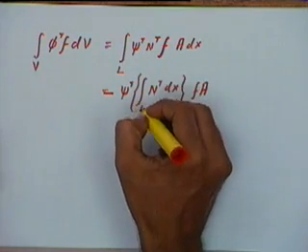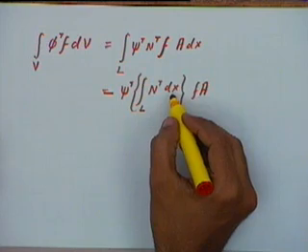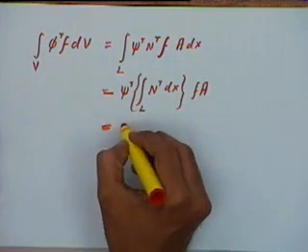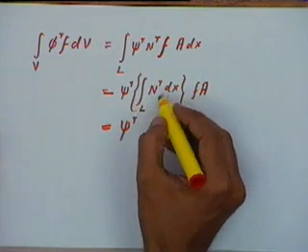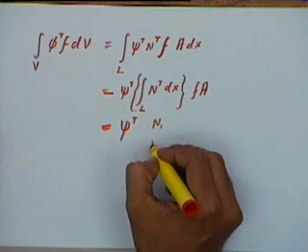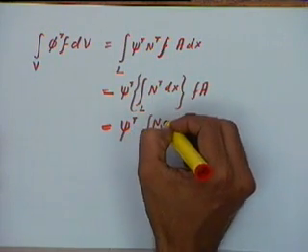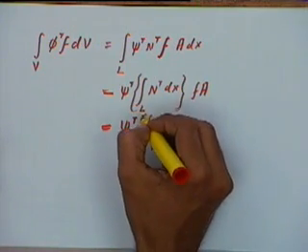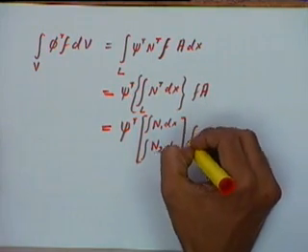This integral is over the length, and the integral of n transpose dx, we have derived earlier. I will quickly repeat it here. Psi transpose, n transpose will give me a column vector of n1 n2, integral of that with dx, and this column vector we have multiplied by F A.